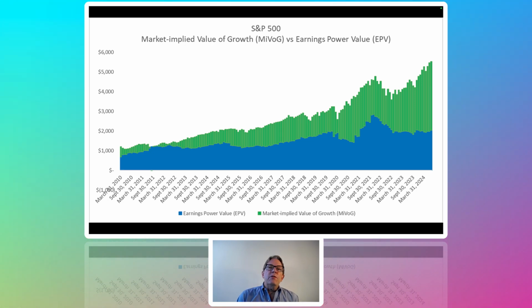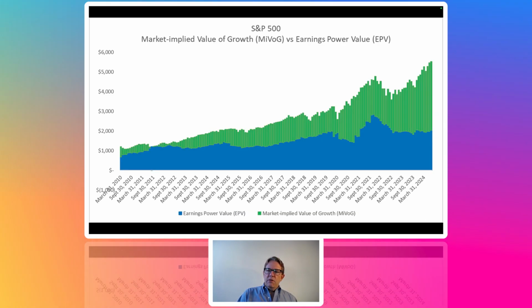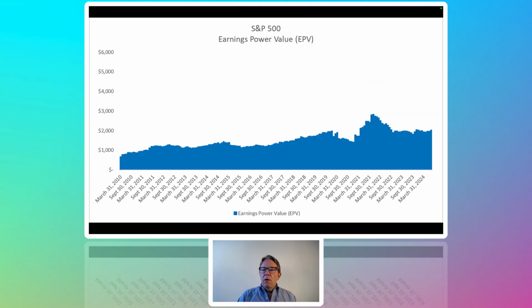I don't know. When I first drew this chart a couple of years ago, I was pretty blown away because I don't think anybody's ever looked at the S&P 500 separating out an earnings power value and a growth value. And we're going to play with this a lot. From here on in, this is going to be one of our primary tools. All right, so there's earnings. So it's the same chart. Here's earnings power value alone. And what you can see is actually the last couple of years, it hasn't done much. It's gone sideways.